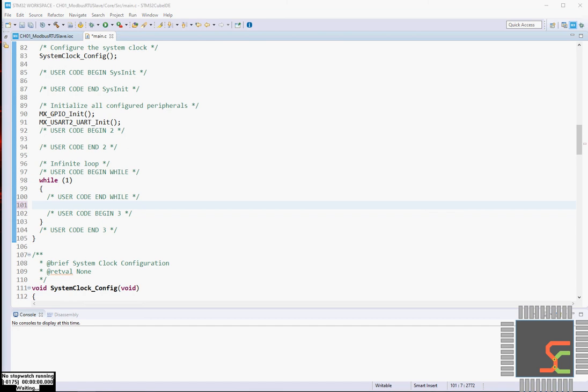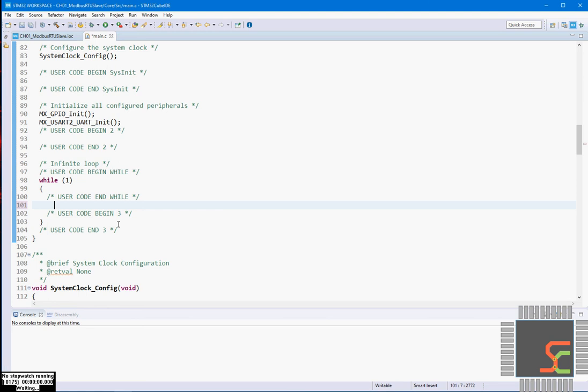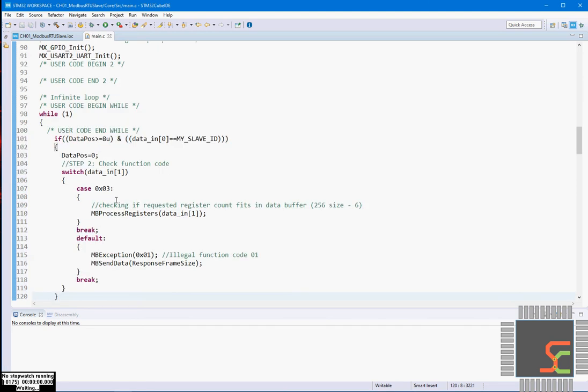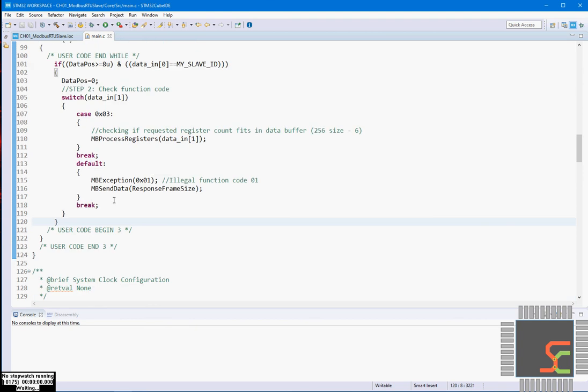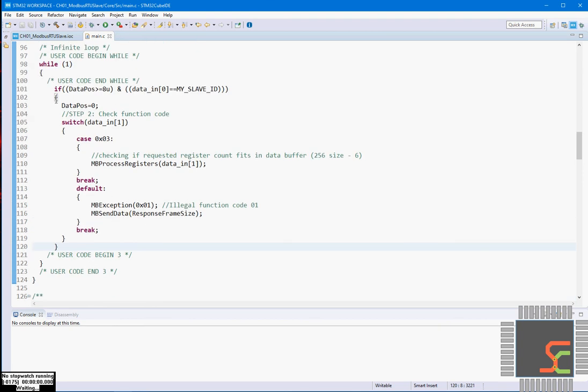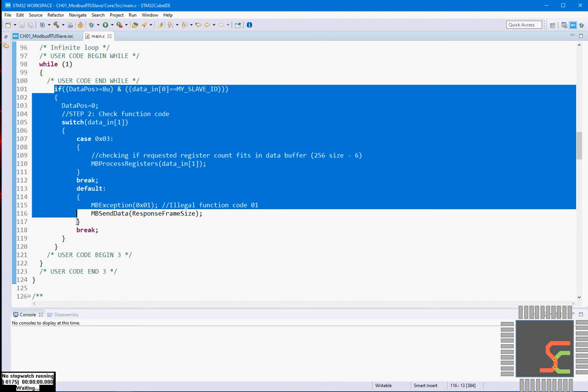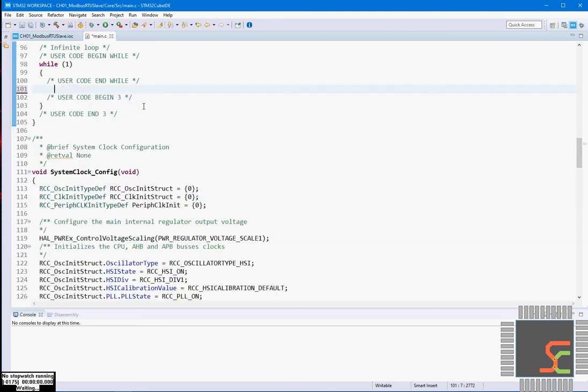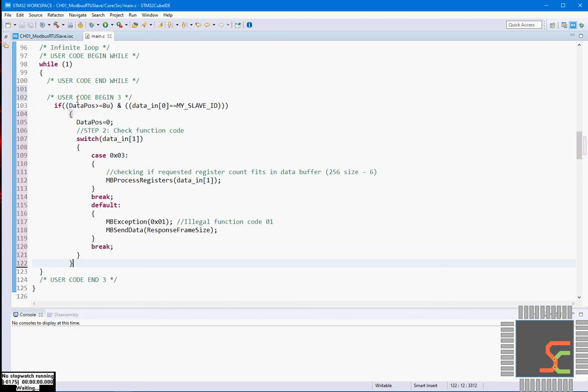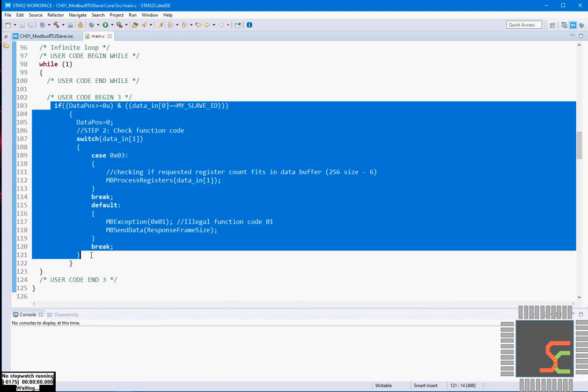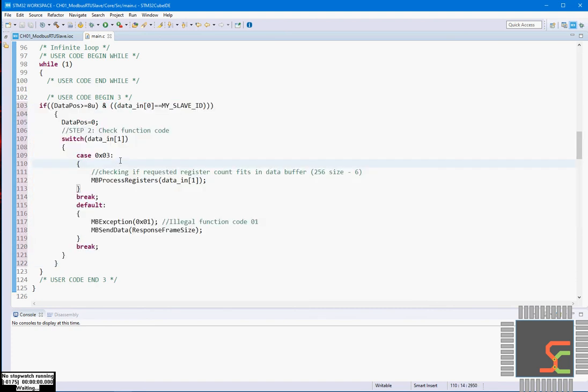So we'll put that code in the while loop, between user code begin and user code end. Oh sorry, I did not put it between the user code begin. I'll say user code begin, user code end. Yeah, over here I will decorate it.